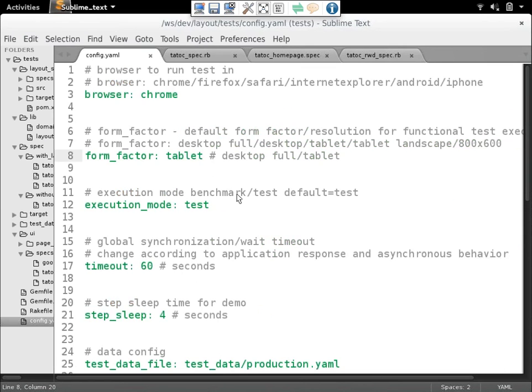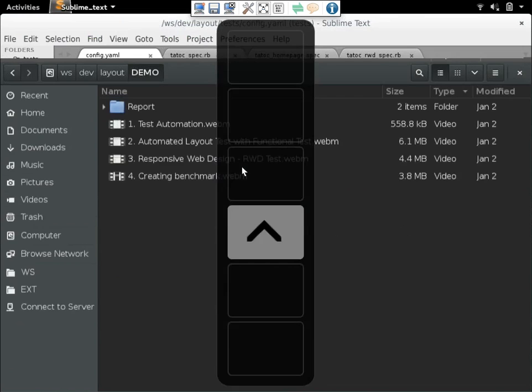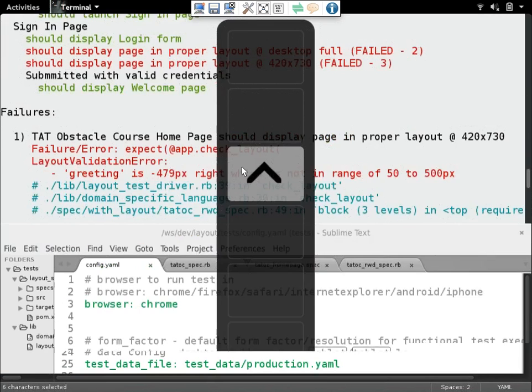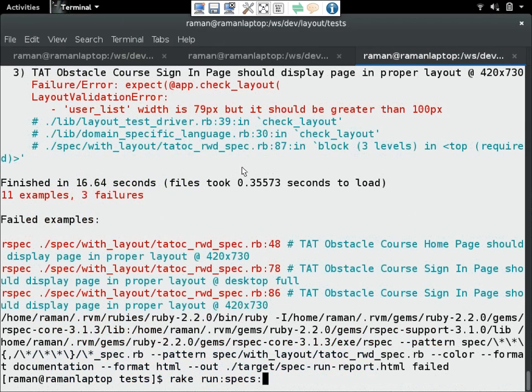I would have to go back into the configuration in order to do that. There is a configuration attribute called execution mode, which is right now set to test. I will have to change it to benchmark. So what would happen is Chrome browser would be used as a benchmark, and that too in the tablet resolution. So in the tablet resolution in Chrome browser, when we run this test, it would not give us results, but it would annotate the spec file with the differences, with the actual values of specs inside that browser. So when I run this test,